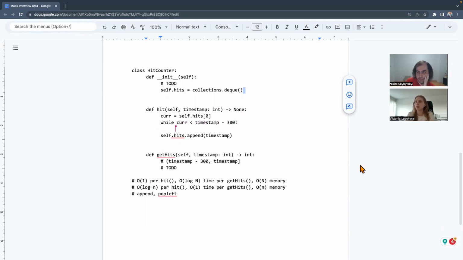Yep. Pop left. Yeah, it was pop left. But actually, pop left will already return the element, so we can update it, right?